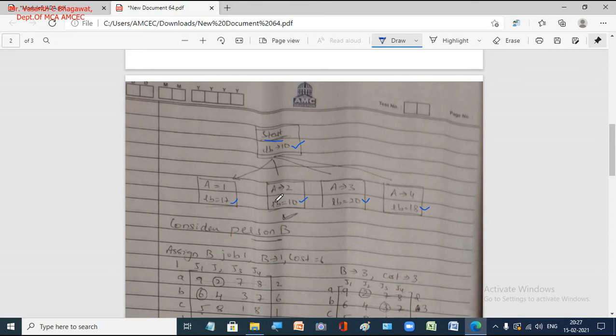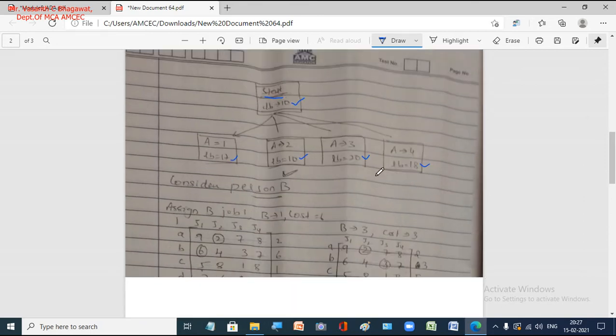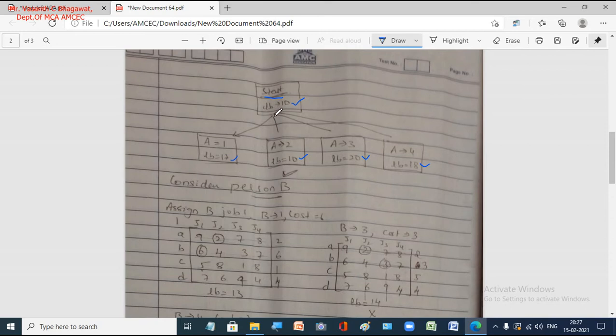So now from the root node we have 4 branches. Now you see, because the objective is to find the minimum, your total cost should be minimum. Out of 17, 10, 20 and 18, which has the lowest cost? This one, right? The lower bound is 10. 10 is the smallest lower bound. So that means we will go in this direction. We will go in this particular direction.